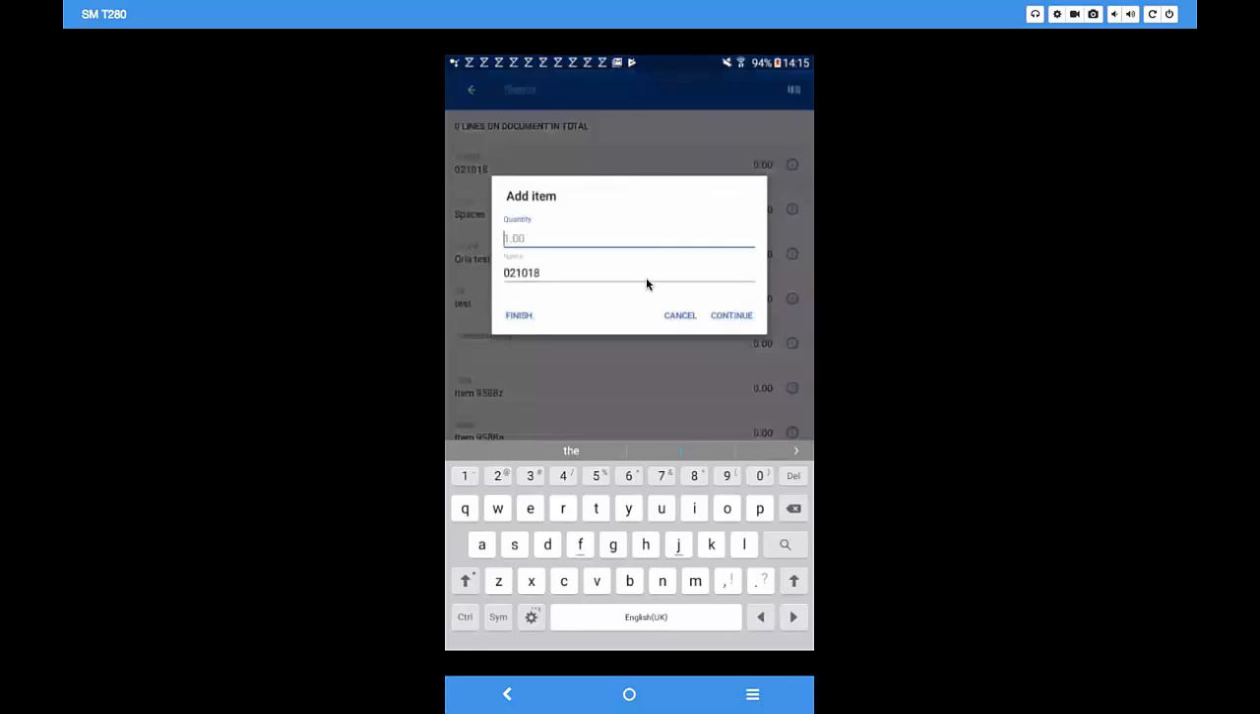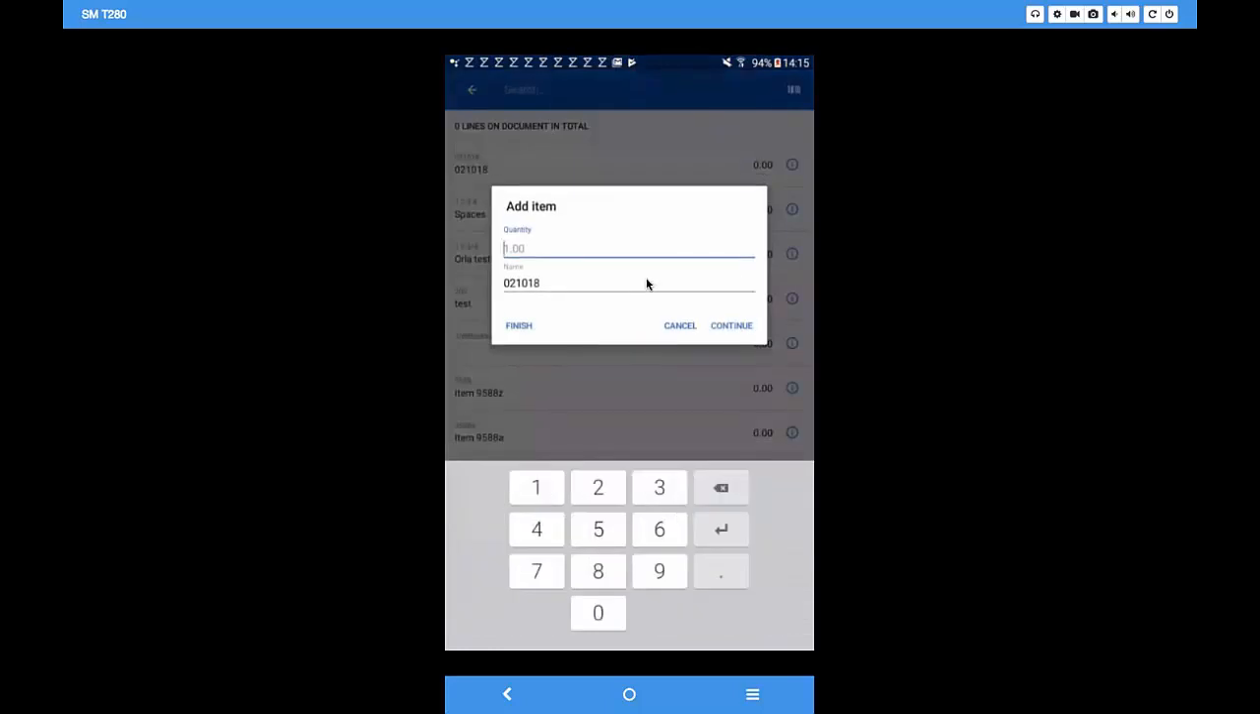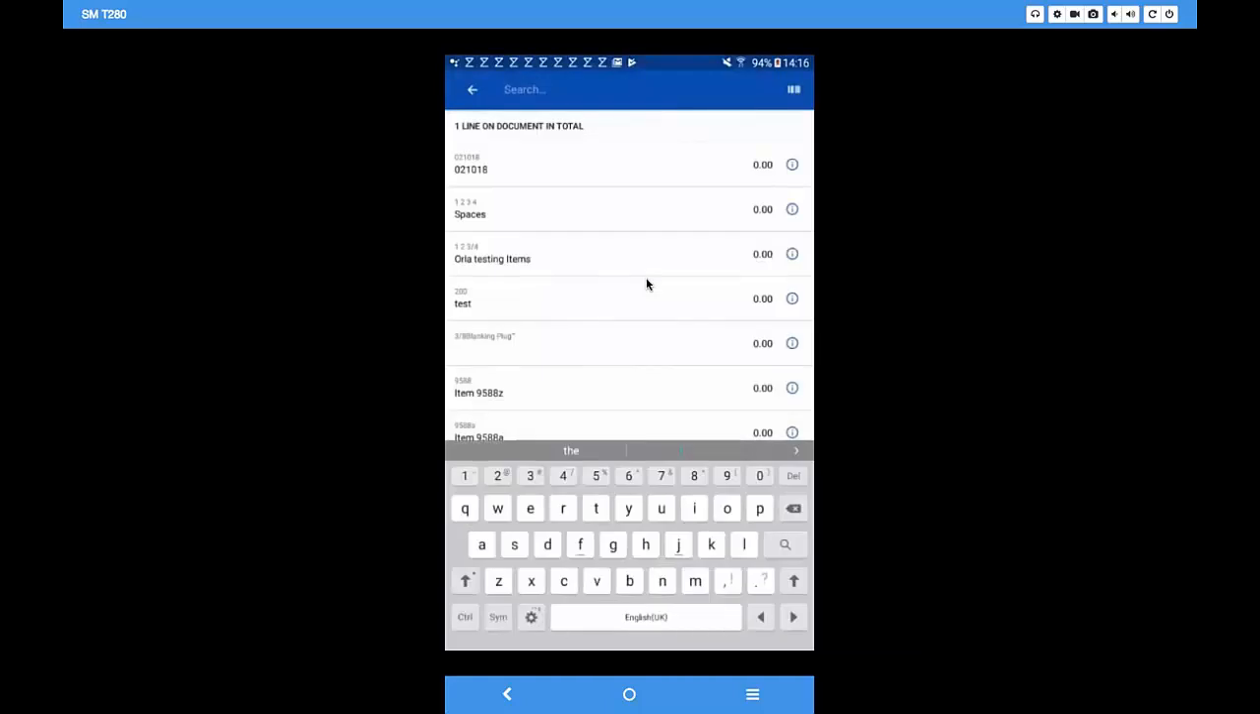But the main thing now is when I add a product, as you can see here, I have a number of elements that I can do. So I can enter the quantity here. I can then finish, which brings me back to the main screen, or I can say continue, as I can then keep adding additional products